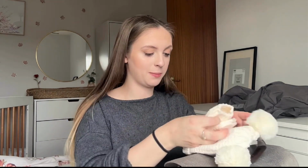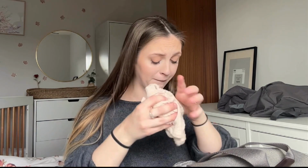So where could we pop them? Hats, I've just got this little woolly one, probably perfect just for taking her from the hospital to the car park. It is probably going to be really cold. And got matching mittens there. I'll pop them in there. And then I've also got this hat, which I don't think is going to fit her. But yeah, it might. We'll give it a test. If her head comes out that big,